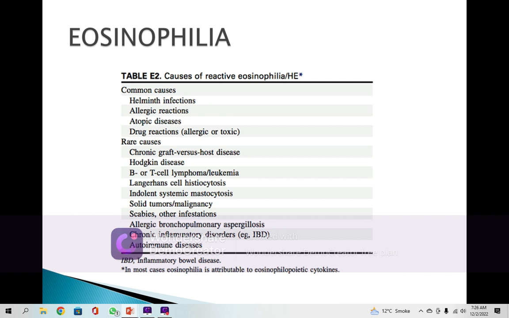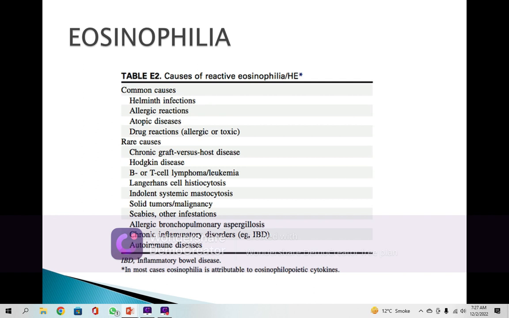The common causes, therefore, are helminthic infections, scleroderma, ankylosing spondylitis, very common infections. You see the eosinophilia. Absolute count should be calculated. Remember, before going forth with eosinophilia, it should be counted. How much is the eosinophil in 4,000, 5,000, 7,000, or 11,000, whatever it is. It should be counted.